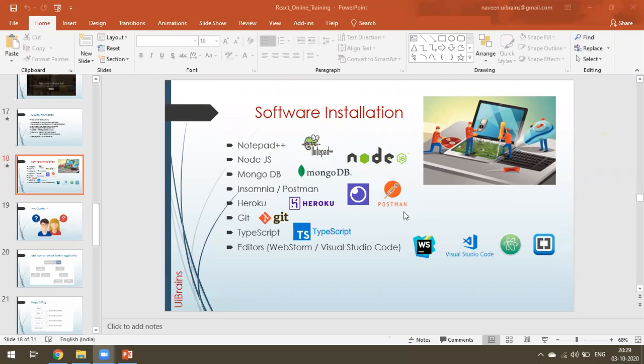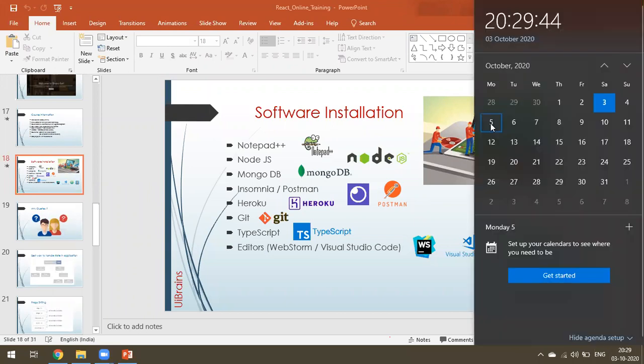When will the class start? From this Monday, 5th October, the first application of React.js starts. Class timings are 8 to 10 in the evening. Is there no possibility in the morning? In the morning I already have one batch, which has already started, and we are doing the last project, the e-commerce project, now.